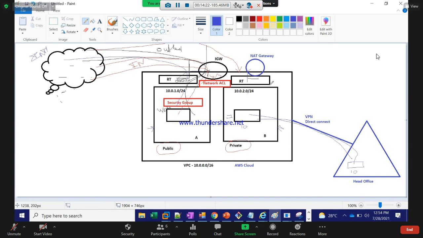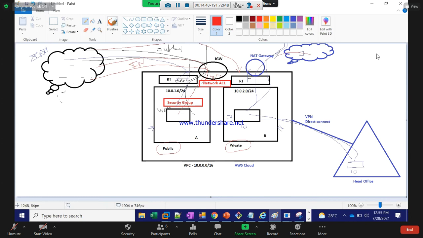You require just an outbound connection. So this server can go to the internet and get some data, but we are not expecting anything coming from outside.